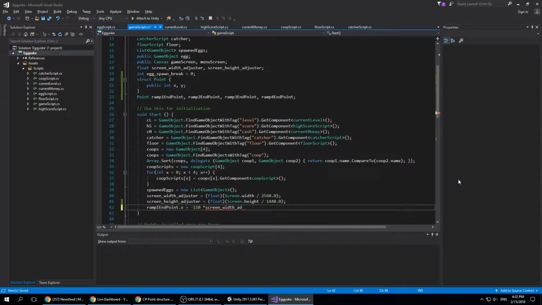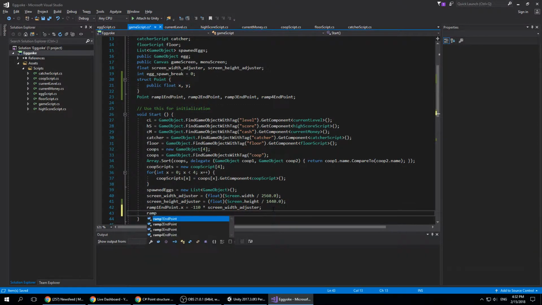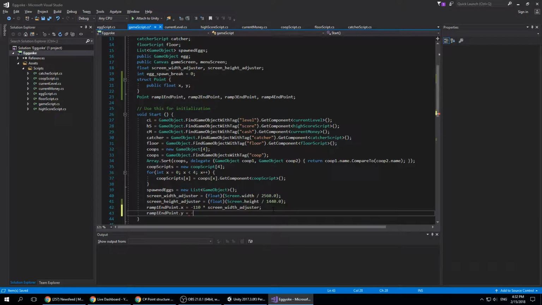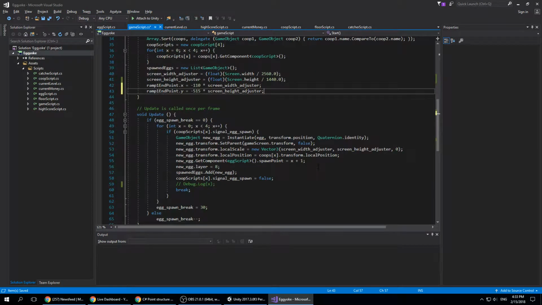Oh, these are floats. Crap. Okay, so let's make them float then. Good. Then we'll have ramp1 endpoint dot y gets minus 515 times screen height adjuster. Let me see if it's times or